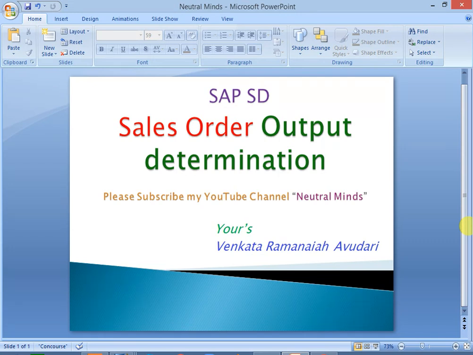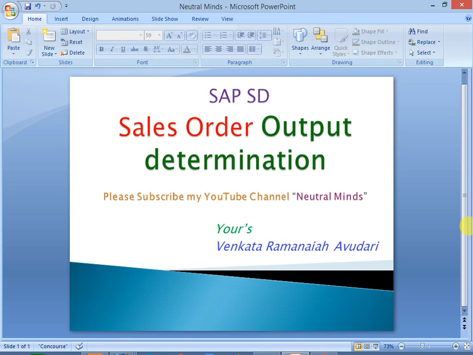Generally in S4HANA, BRF plus is the new output procedure, but BRF plus is available for billing document only. For sales order and delivery, we are still using ECC output determination in S4HANA. Even for billing document, some small and medium projects are using the old type of output determination, not BRF plus.